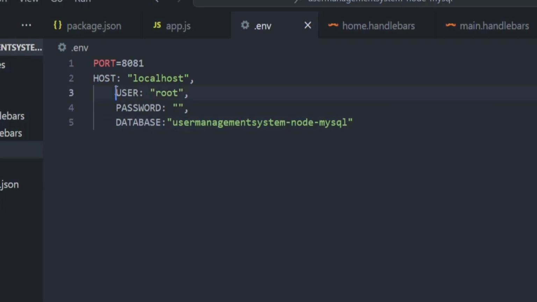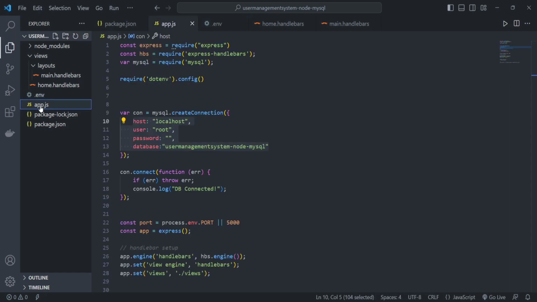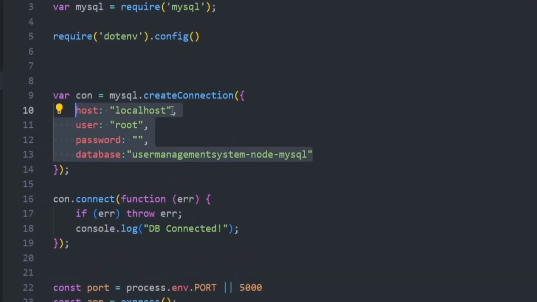And now just place them properly, and now remove this colon and use your equal to symbol, and now save it and go to app.js, and there you just need to write